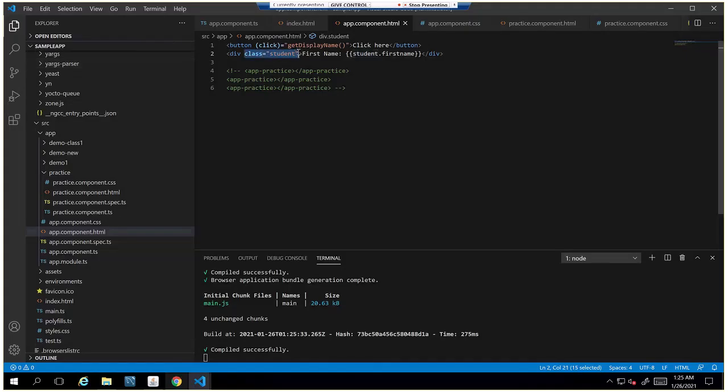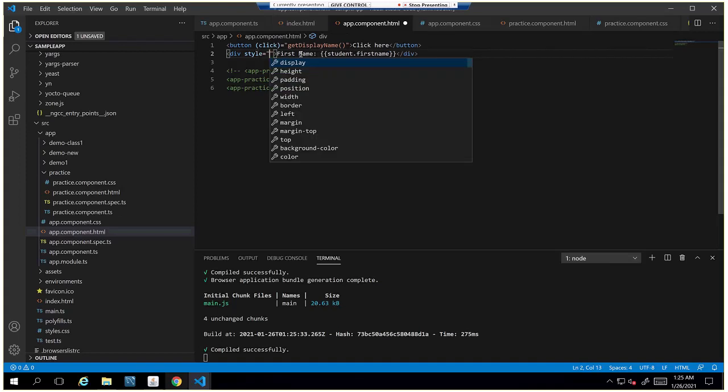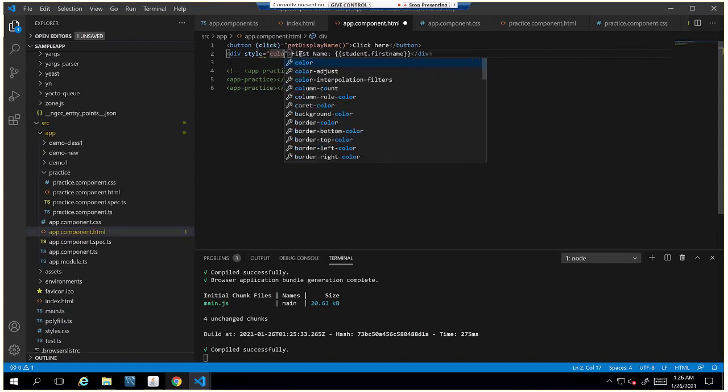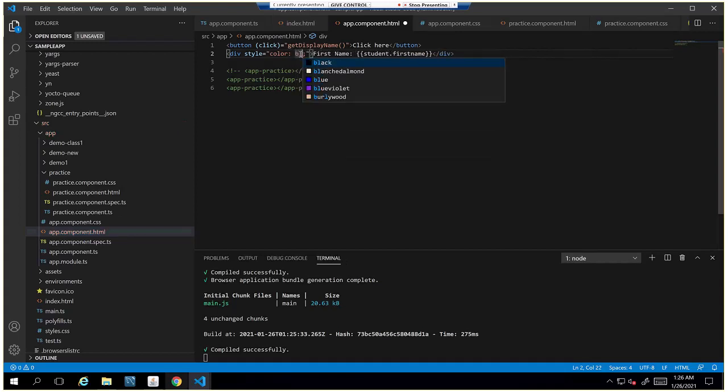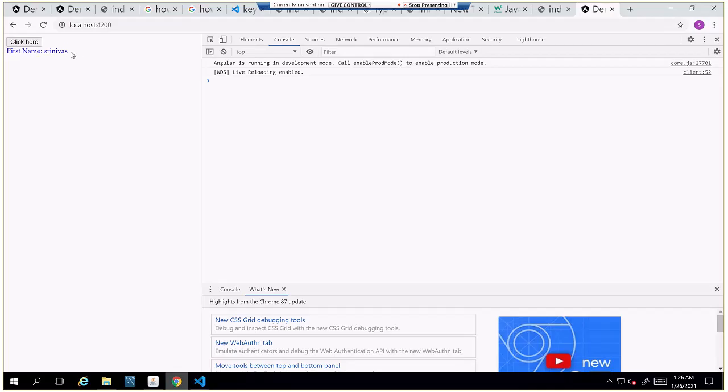Because with this, I can also specify directly here, using the style attribute. In CSS, you can also directly specify the color, the same colors. If you come here, it will change the color.